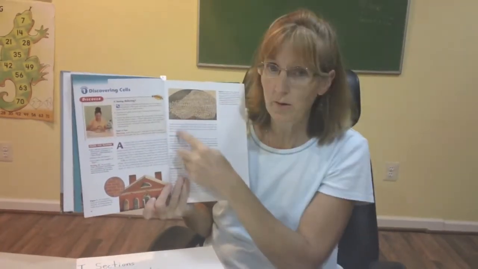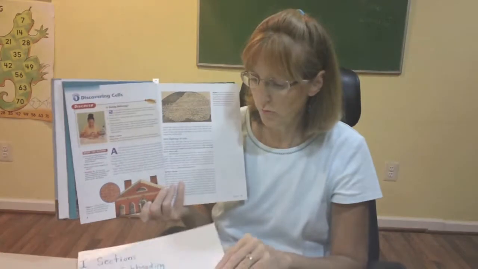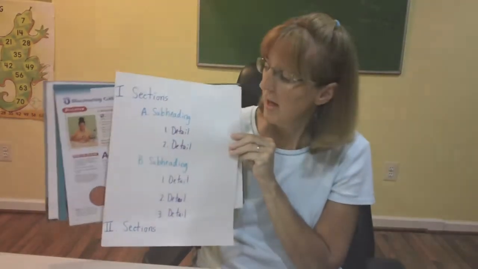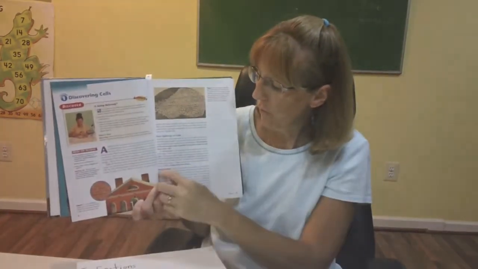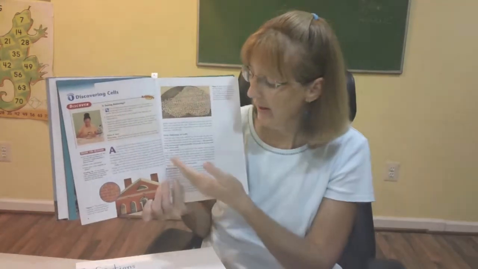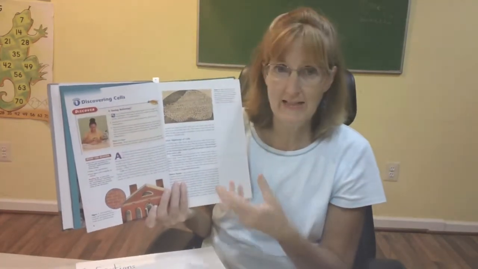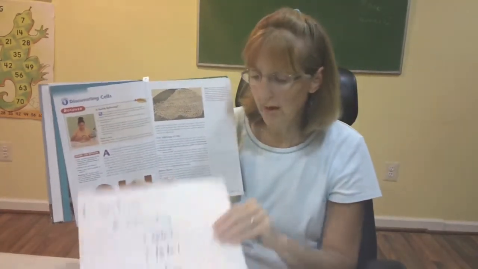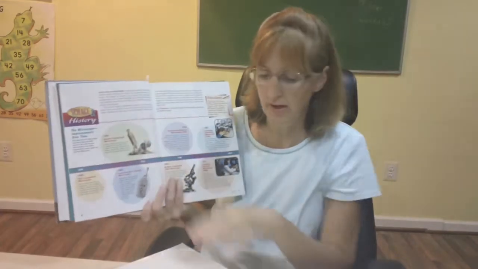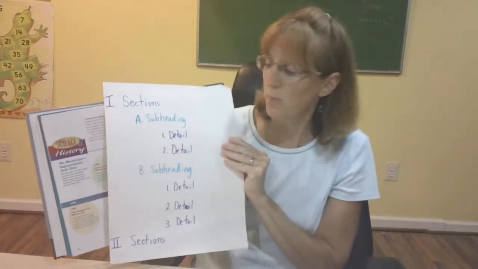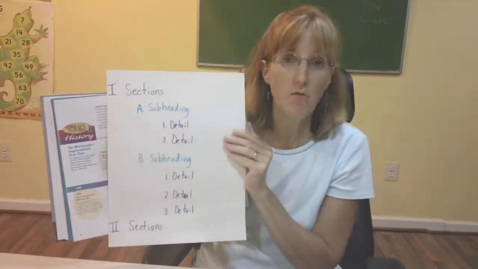Then as you read a little bit further down, you'll see that there'll all of a sudden be little purple highlighted words. Those words will be indented a little bit further in your notes, labeled with a small Arabic 1. Again, write down verbatim what you see in the purple writing, and then continue to read that paragraph or couple paragraphs, picking out keywords, phrases, dates, definitions, things like that, and writing them down on your notes. Then you go further along, and you'll find another purple word, and you do the same sort of thing. As the chapter progresses, you'll see that it'll go back to teal, and it goes back to navy blue, goes back to purple. You follow that with your notes.